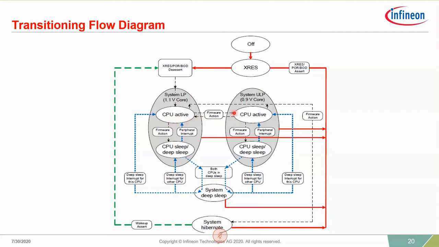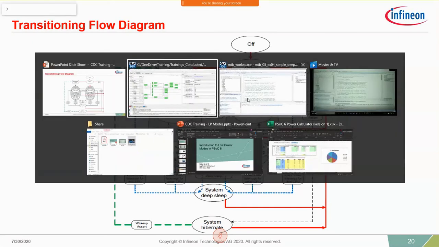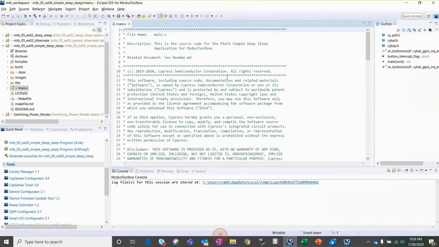And in this session, I've covered the important steps to transition to each mode. For steps specific to transition between each combination of low power mode, please refer to the device specific architecture TRM. And now that we know how to transition to each power mode and what APIs to use, we'll have a look at how the initial demo was developed in Modus Toolbox. So this is the code for the initial demo.